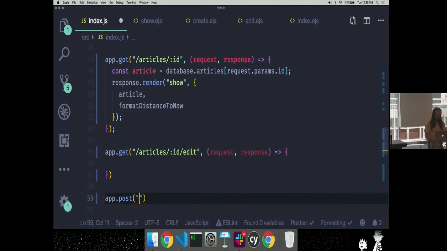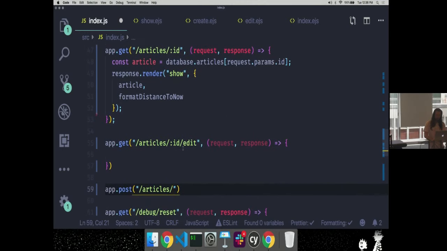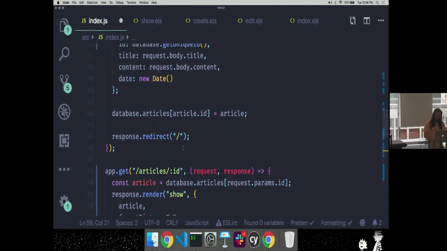It's just like with new, we have two requests: one for get to get the page, and one for post for the actual form action. Does this post need to be inside the get? No, I get it. We'll get edit. We'll click the form. It'll post, and then it'll redirect back to the show page, which we did already.